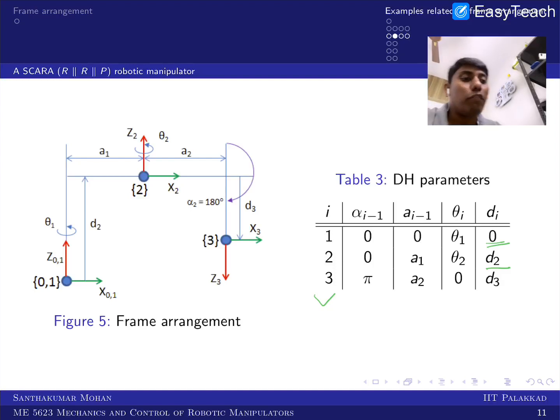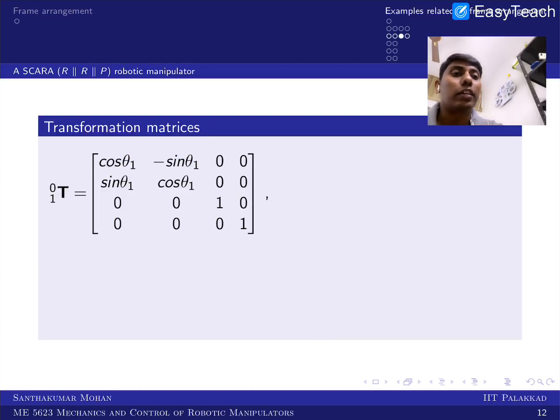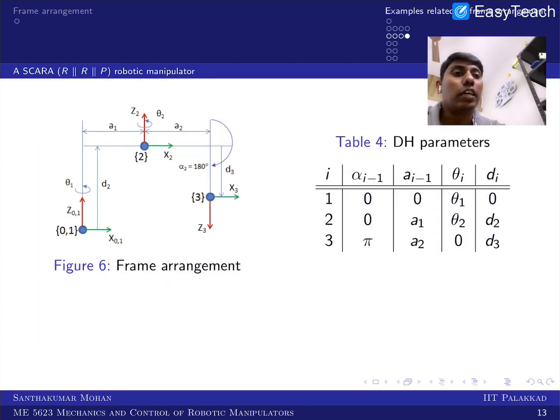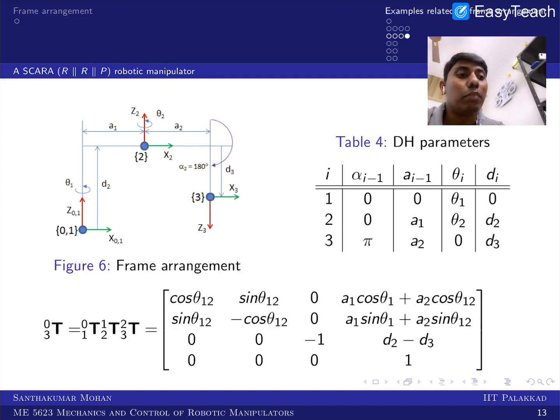When you get the final one, T, that is 3 with respect to 0, you will automatically get this. So 0, 1, 1, 2 and 2, 3, the final matrix would come as per the required way. You can cross check. So these are the ways. Now you can see that the further one what we have seen is another way, the SCARA robot, I think a replicate. This is the way we can multiply and get it. This is what you call the kinematic solution of that final equation.